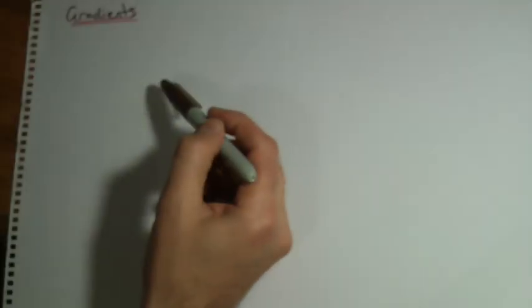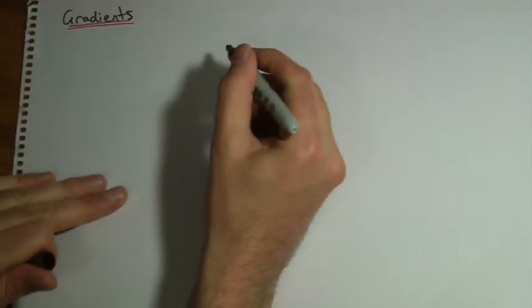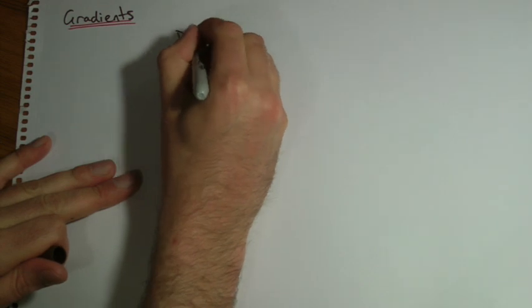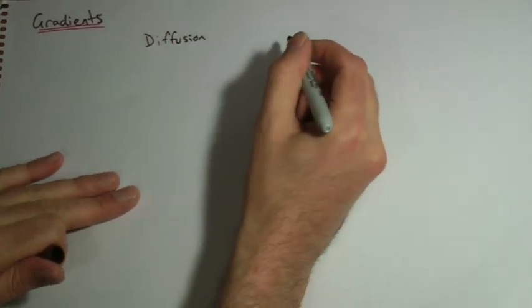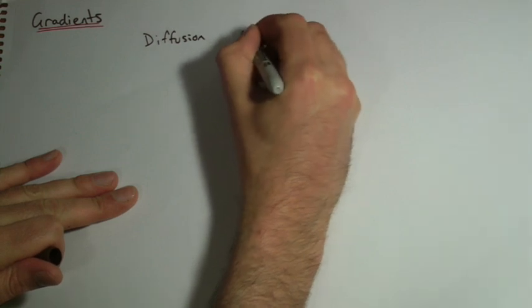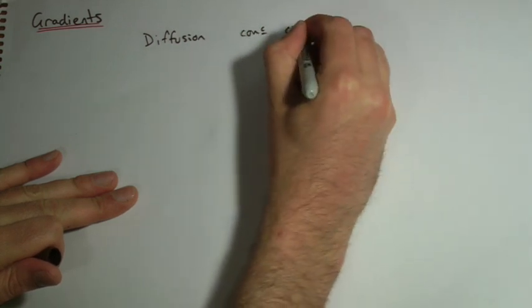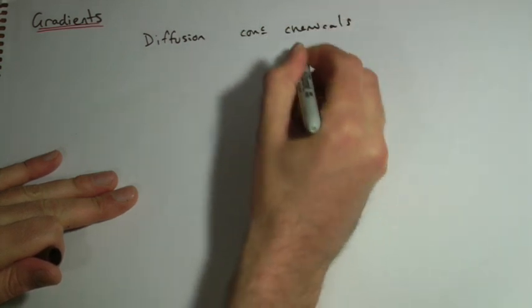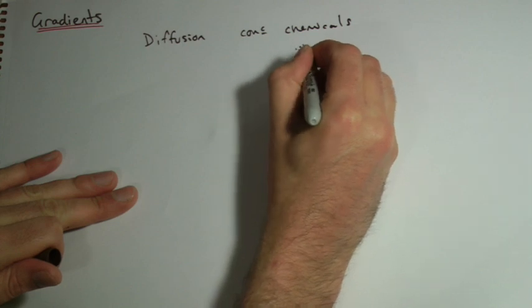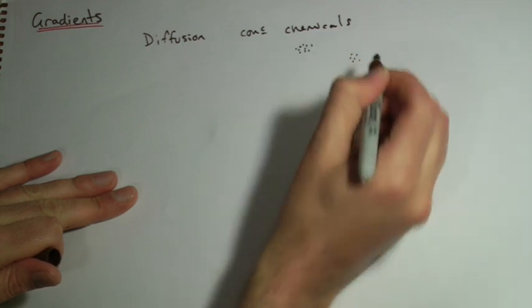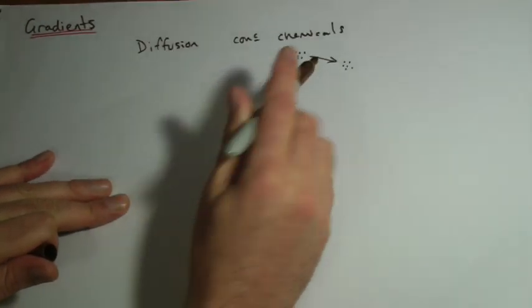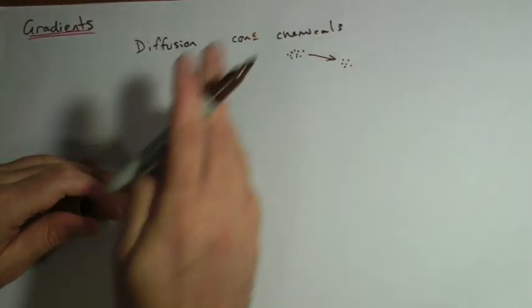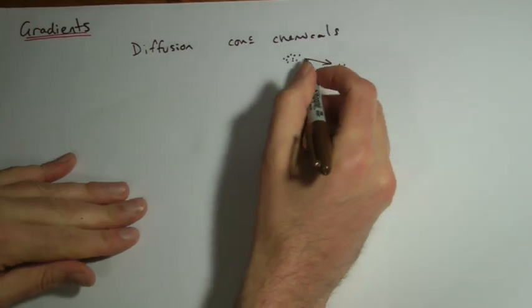So this idea of gradients, which you're actually already familiar with, or should be. For example, when we talk about diffusion, we have the idea of a concentration gradient, which is the concentration of chemicals. If you have a higher concentration of chemicals in one place than in another place, they will diffuse. Now, why do they diffuse? Without going too far into the physics of it, I suppose,